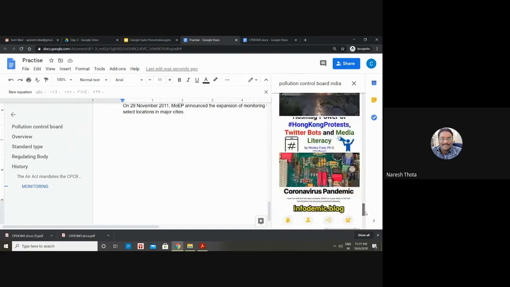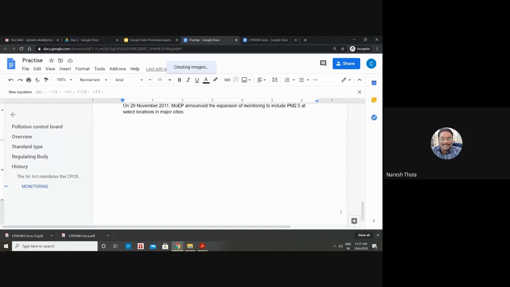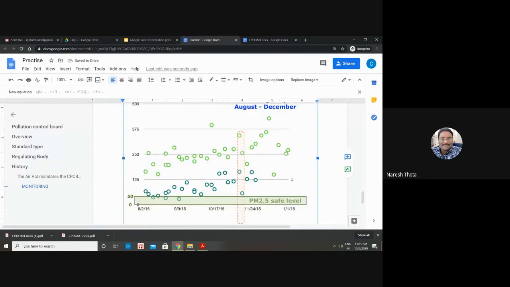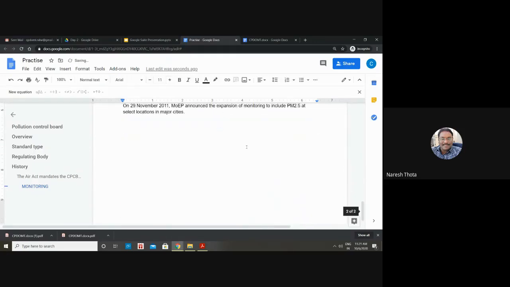You have to be cautious while selecting the image. It should not have copyrights. If it has copyrights, then it is a problem. You should be careful. The OER rights session, how to search, will be covered by Dr. Chokalingam. Let's assume I'm just taking this image. Once you select the image, you can directly insert it here. It's not a CPCB board image, it is probably some data from one of the CPCB panel studies. So this is how we import an image.